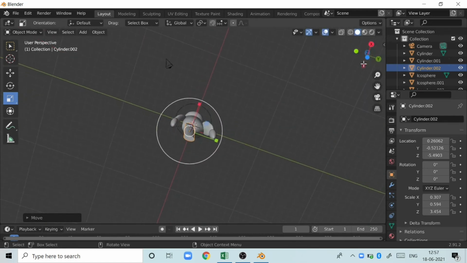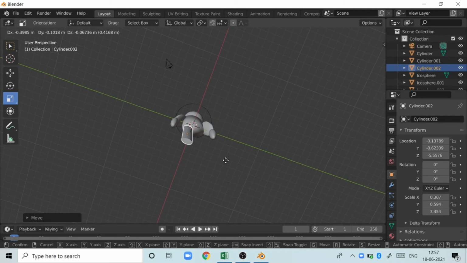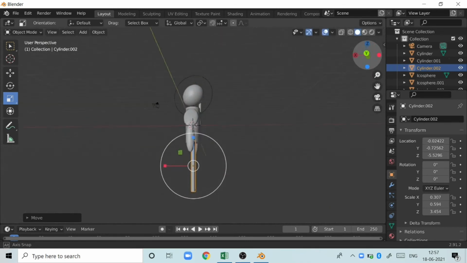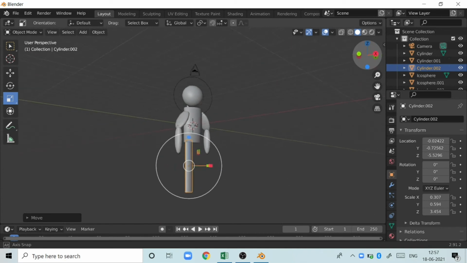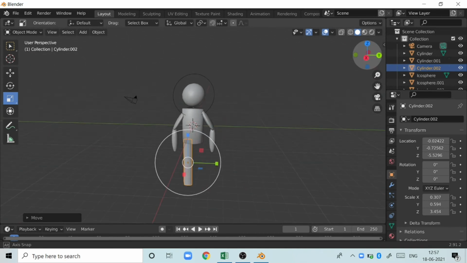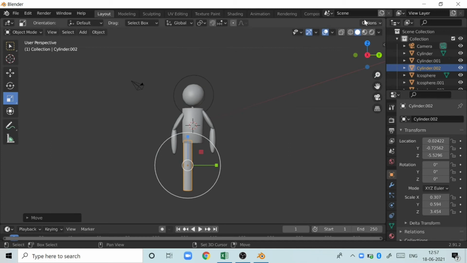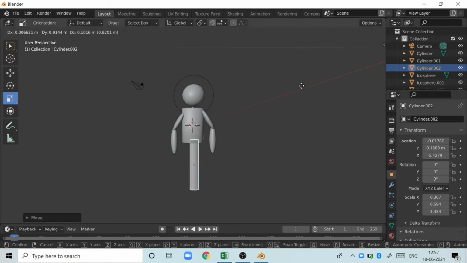You can see this has come a little front. We would like to take it at the back, at the middle. Now you can see it doesn't look very good right now. At this point we'll hit the Shift D key, then hit the G key,